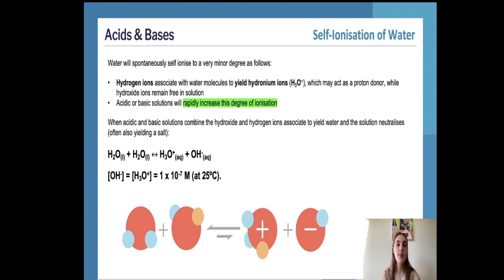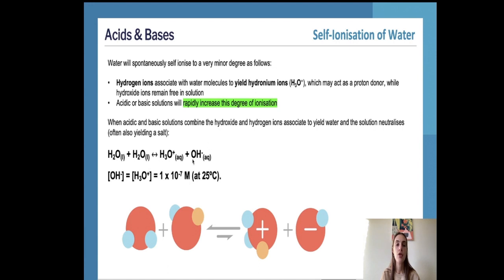So when acidic and basic solutions combine, the hydroxide and hydrogen ions yield water and the solution neutralizes. This often yields a salt as a product. So we can see our equation here. We've got H2O plus H2O, so basically water plus water, is going to produce